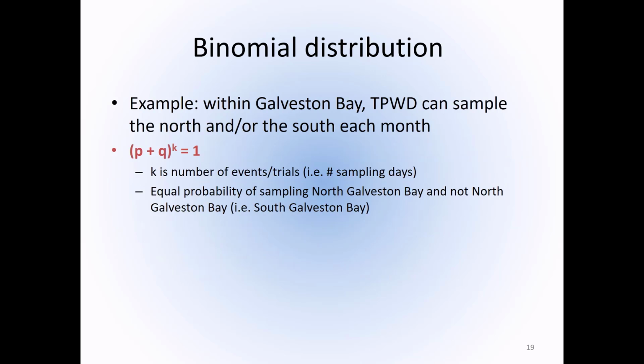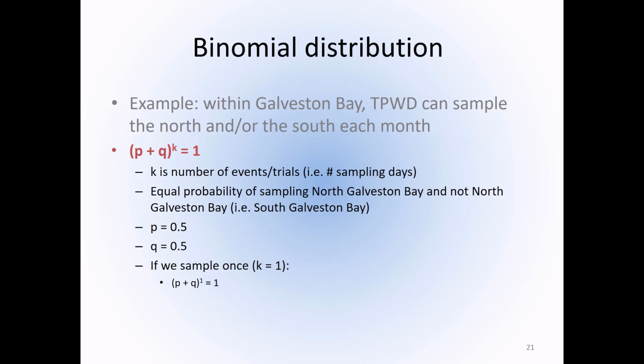So for this particular example, let's define that the probability of sampling in North Galveston Bay and sampling in not North Galveston Bay, or South Galveston Bay, is equal, such that P equals 0.5 and Q equals 0.5, a 50% likelihood that we'll sample in either one of those portions of the ecosystem. So if we use our formula of (P plus Q) to the K equals 1,